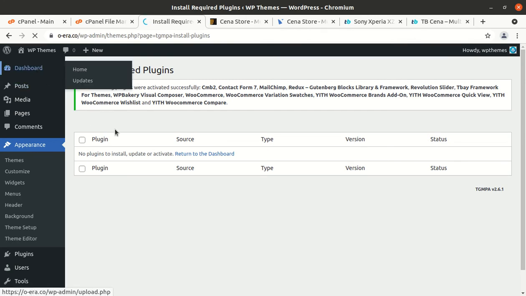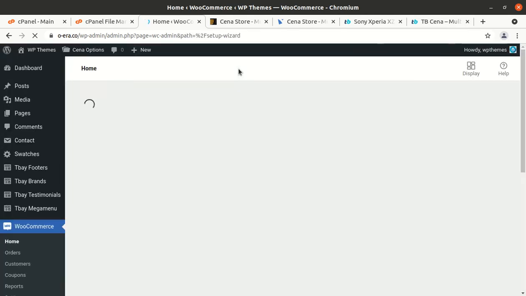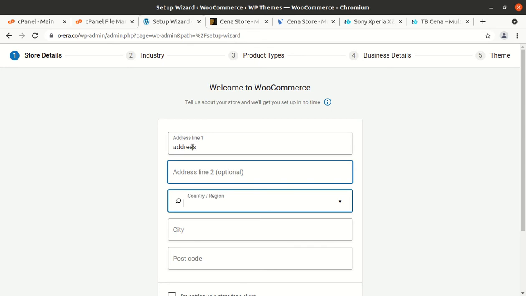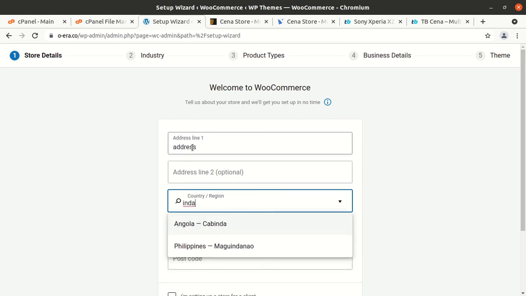Now simply click on dashboard just to check whether it needs further information, like WooCommerce sometimes asks for putting the rest of the details to complete the setup of WooCommerce. Let us check where it navigates. Okay, so it is redirecting to the WooCommerce setup page, and we need to complete this step as well. Okay, so I am putting just a random text here, and you need to put the original as applicable for you.